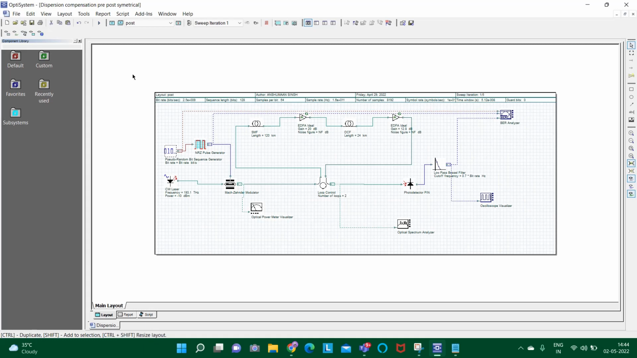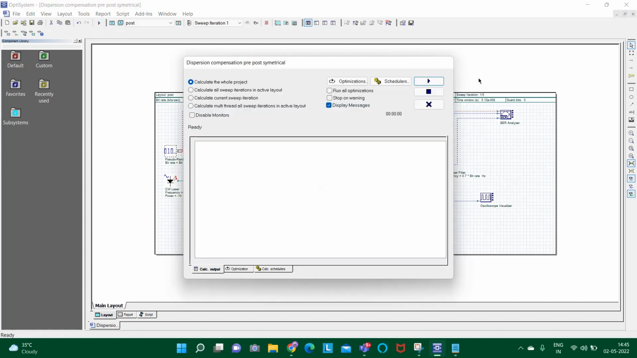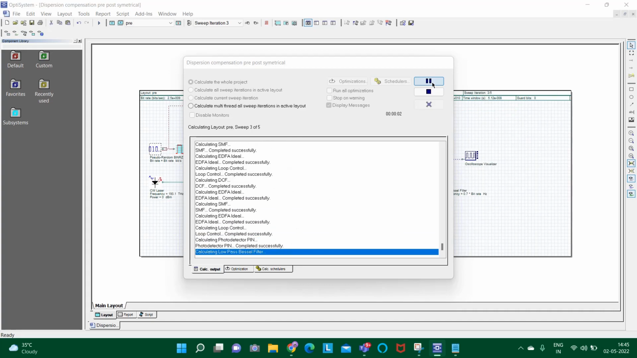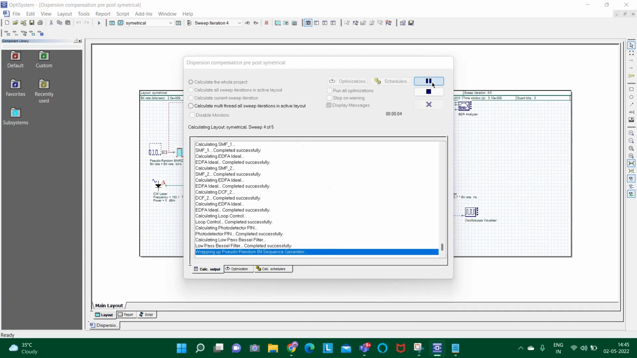If I run the simulation, here is the option for play. You just have to click here, so the simulation gets started. It will take some seconds, and then the simulation will stop automatically. Now we can see